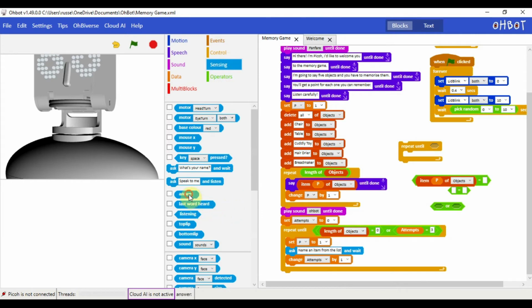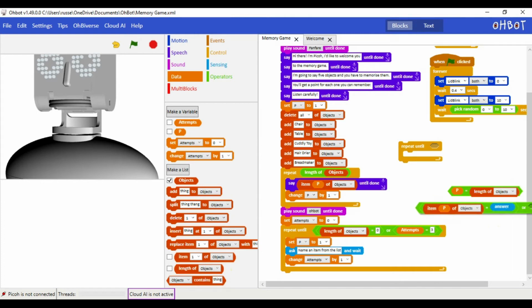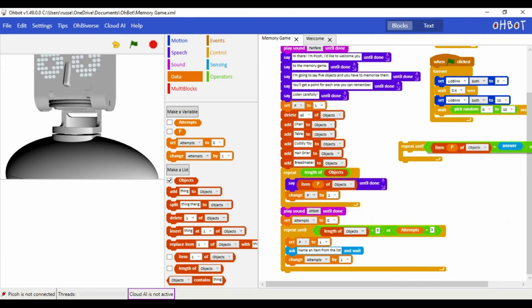And it will carry on doing this because it will wait until it finds the correct answer. And the OR there is looking for the P that's at the end of the list. So if the list is 5 objects, for example, if P equals 5, then again it will carry on until it reaches 5 objects. So we put those together into the OR and then into the repeat until. And we put that under the existing repeat until. In fact, it's inside that